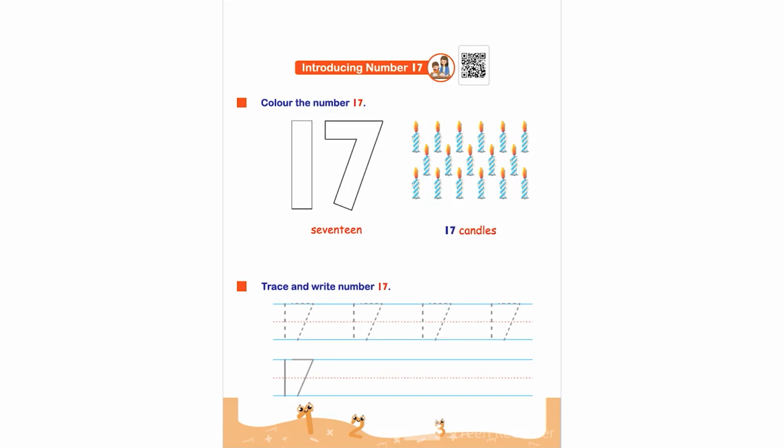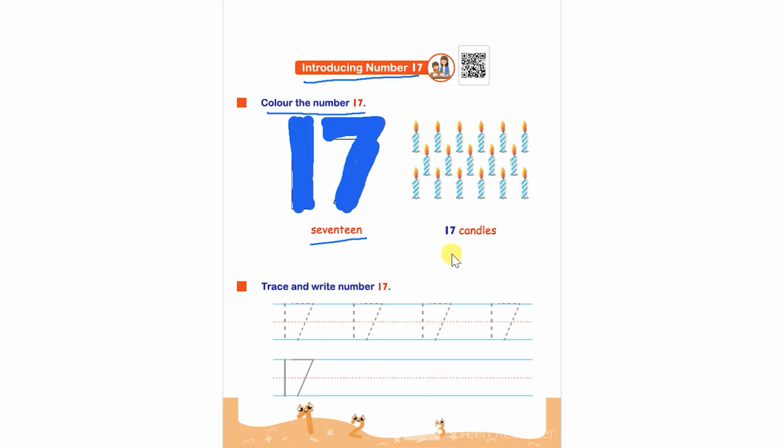Hello everyone. In this worksheet, the topic is introducing number 17. Over here, color the number 17. So here the child has to color the number 17 first of all, and after that they have to read the number 17 which is given in words below the number over here,